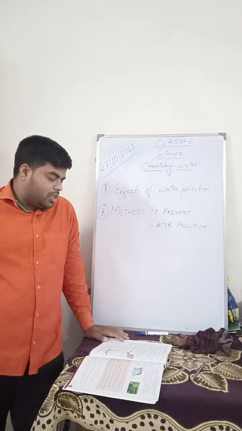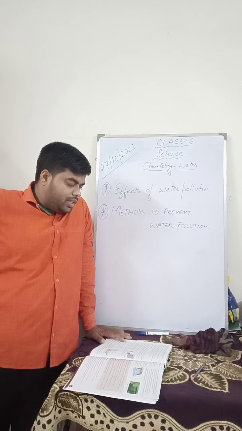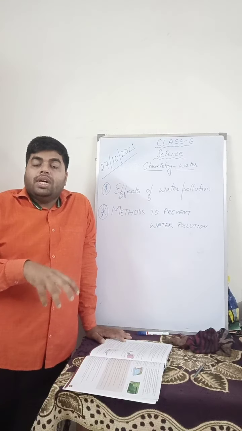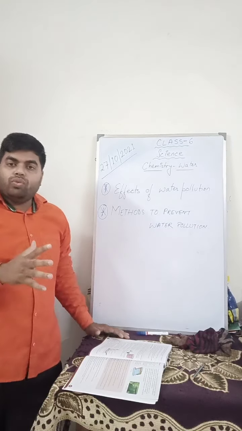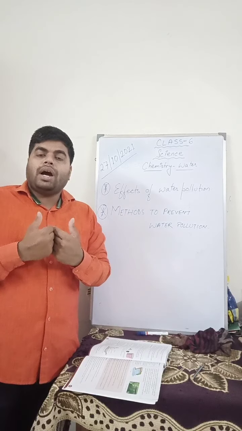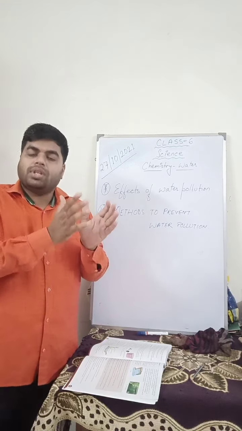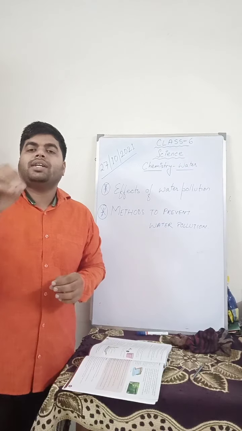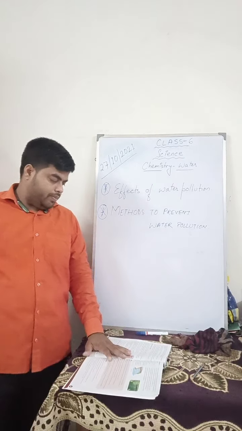Next, domestic sewage should be treated before being let off into the water bodies. Instead of synthetic detergent, biodegradable detergent should be used to reduce water pollution. So the waste that is created in the house should be treated properly. We should be very careful about those waste products which, after throwing them in the water, can cause water pollution. So we should dispose of them properly in the proper place, so that those products don't reach the water bodies and start contaminating or polluting the waters.